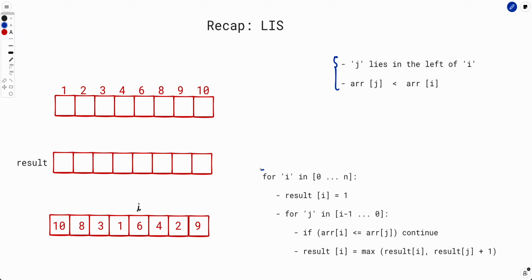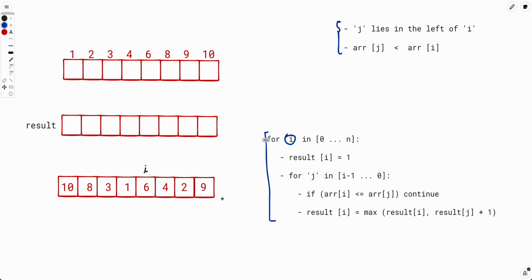So for that, we have come up with an n square algorithm wherein we are saying that, okay, for the longest increasing subsequence that ends at index I, we will just iterate over all the indexes which are smaller than I and take the maximum over the result of those indexes if the value at that index is less than the current value of index I. Basically what we are saying is we want to find out the increasing subsequence that ends at 9, let's say, right? So what we can say is